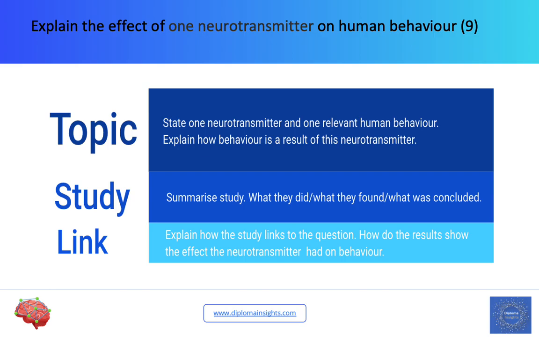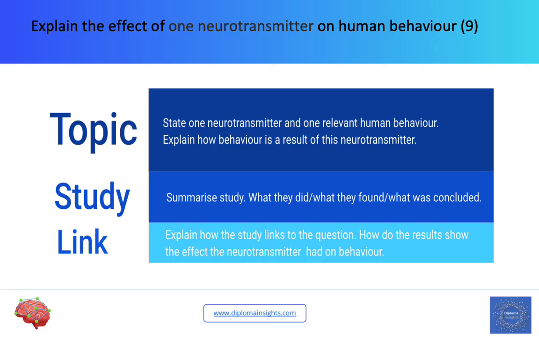Let's look how we might structure our response to explain the effect of one neurotransmitter on human behaviour. This question is asking us to focus on the effect of one neurotransmitter of our choice and the human behaviour of our choice as well, and explaining it. So our topic is the main focus of this response. We need to give 3 or maybe 4, maybe even 5 sentences explaining how behaviour is a result of this